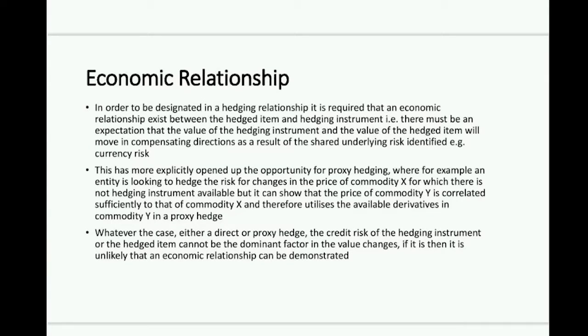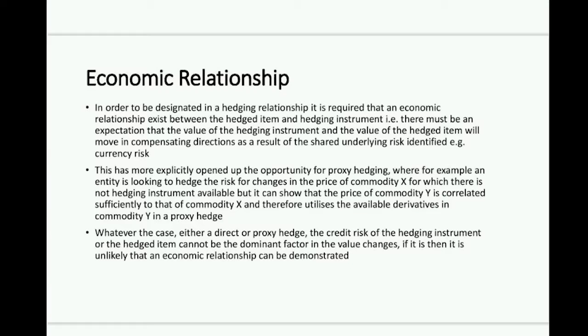At the basis of the requirements for hedge accounting in IFRS 9 is now a very explicit requirement that there must be an economic relationship between the hedged item and the hedging instrument that's being used to mitigate the risk that's been identified. If you apply IAS 39 properly, you possibly would have come to that same conclusion without it being mentioned explicitly in the new standard. However, by mentioning this explicitly, it does open up the opportunity to use what we would call proxy hedges. So what's an example of a proxy hedge?